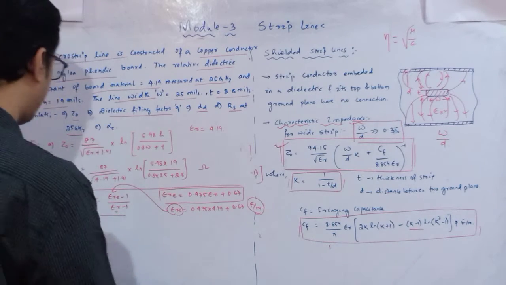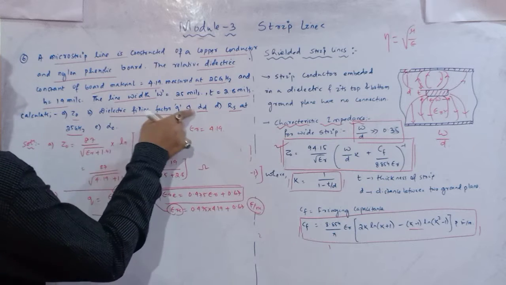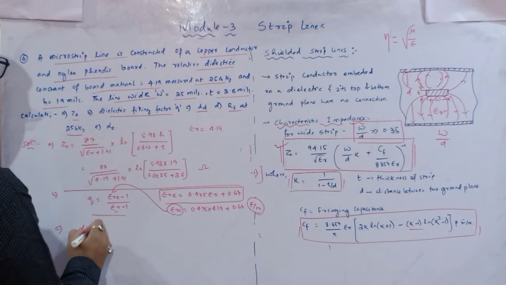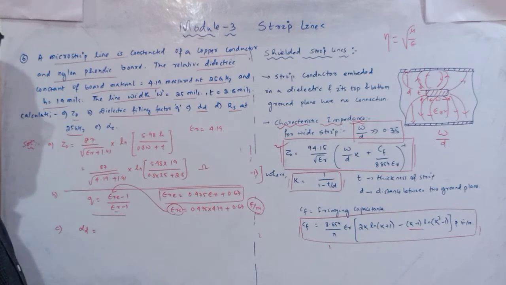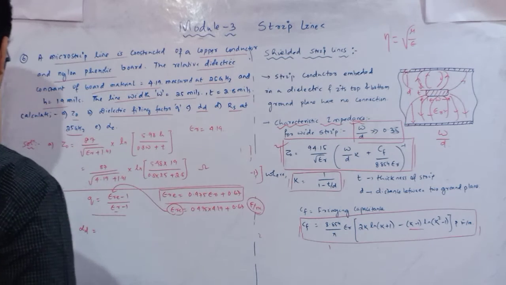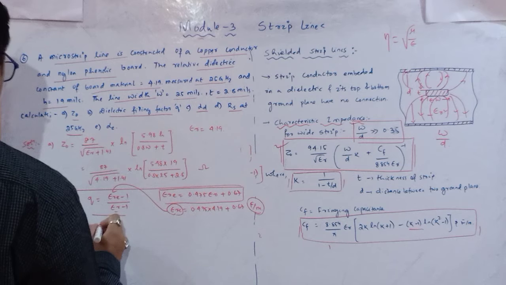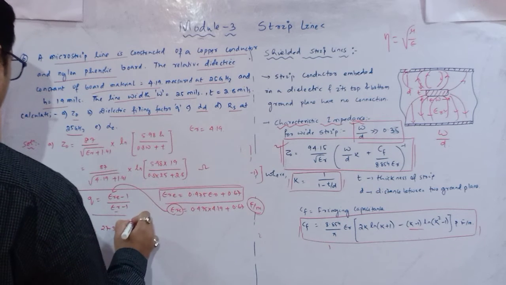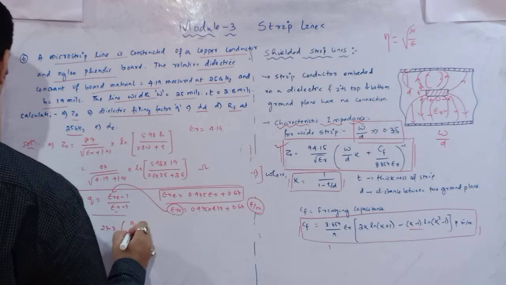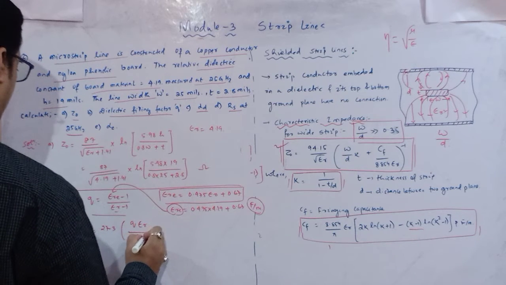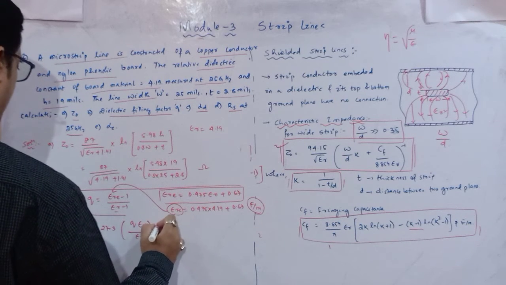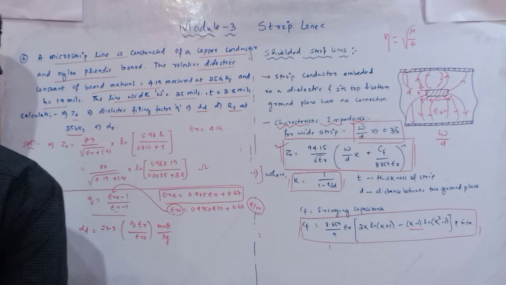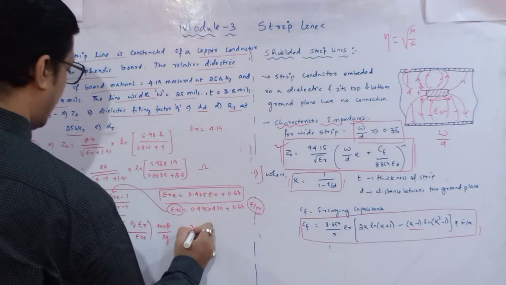Okay. So next one is alpha D, dielectric attenuation constant. So directly we will substitute. We have the relation, that is 27.3 into Q into epsilon R divided by epsilon Re, then tan theta divided by lambda G. Okay. Now what is lambda G?